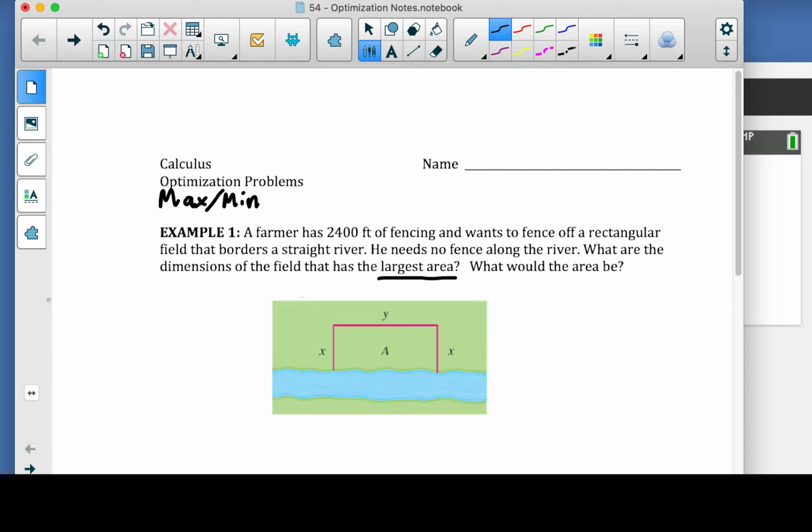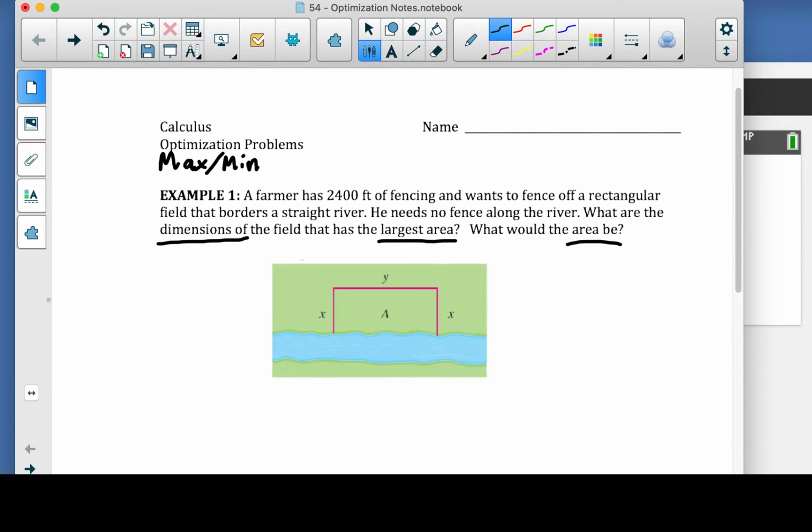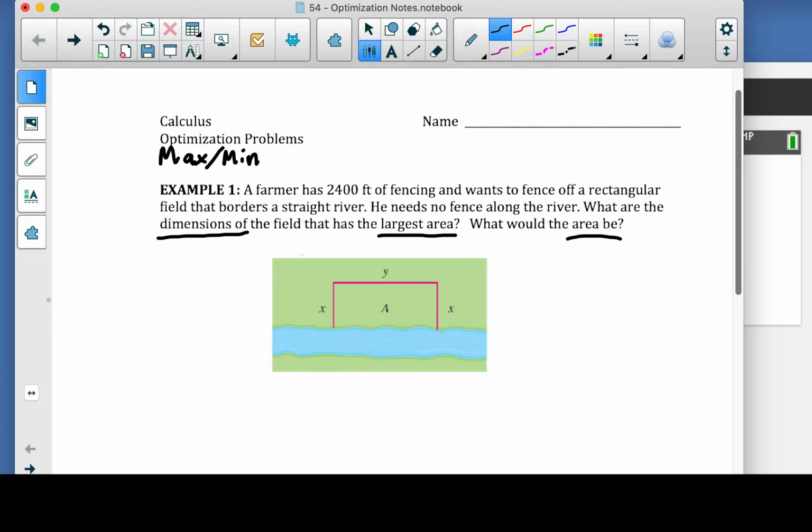And then we need to find that area. So we're looking for dimensions and we're looking for the area. So we are going to need two different equations for this, and it will end up coming out to be something that's quadratic. Not all of them will, but this is something that we did back in the quadratics unit in Algebra 2. So our first step